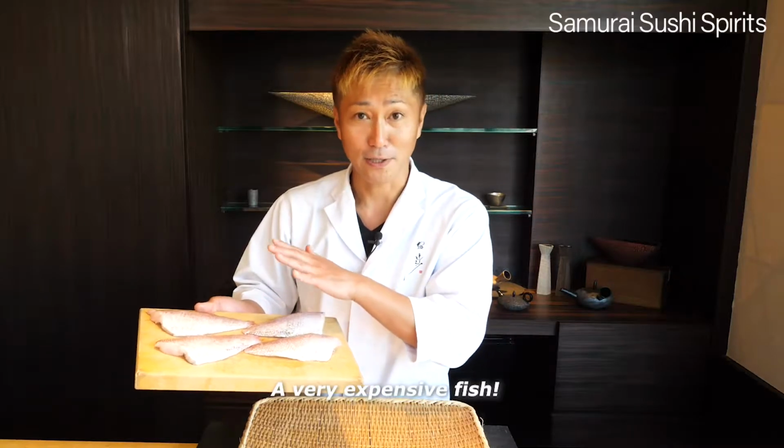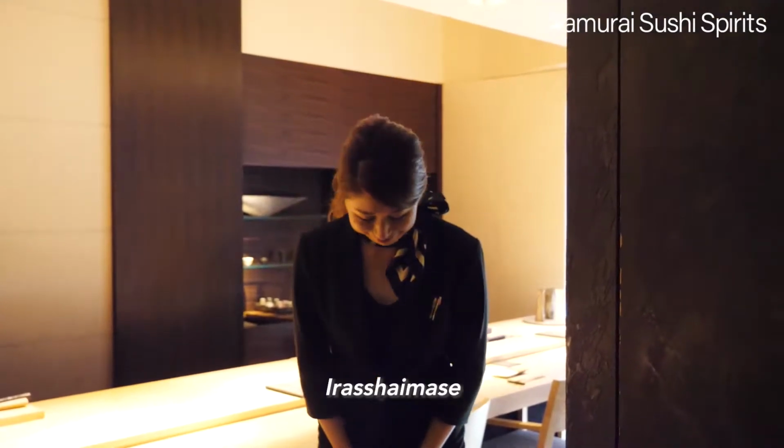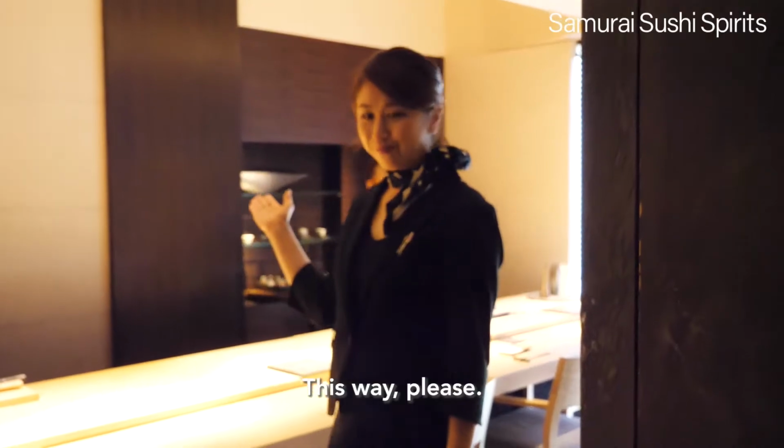もうすごいお高いお魚です。表面がテカっていい感じですね。いらっしゃいませ。どうぞ。